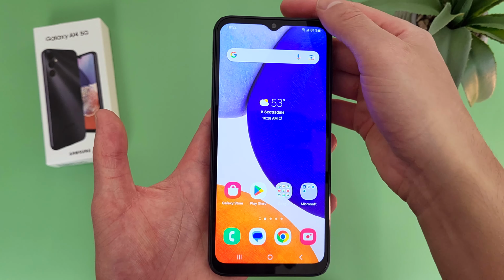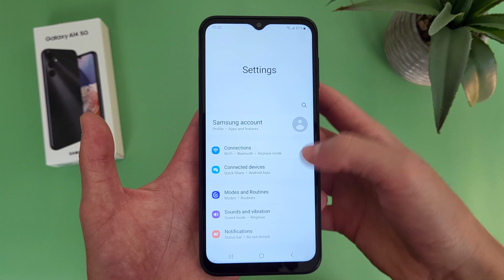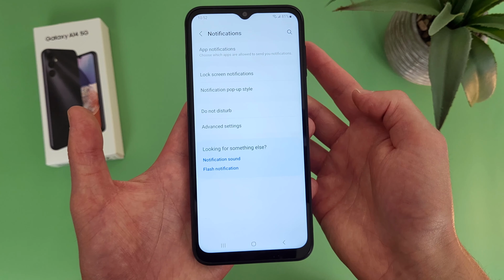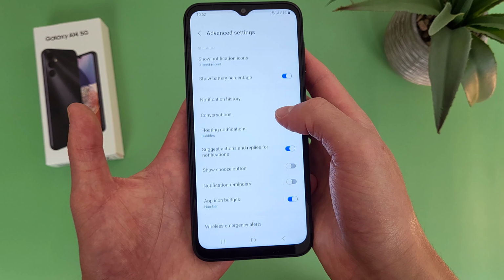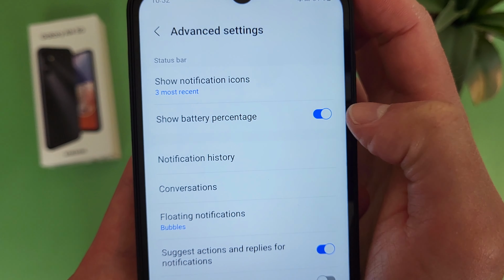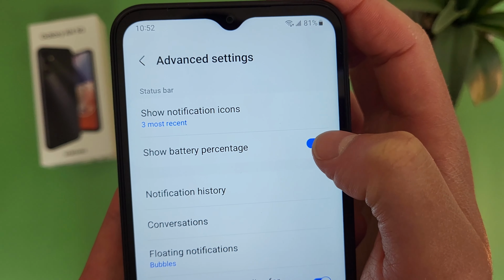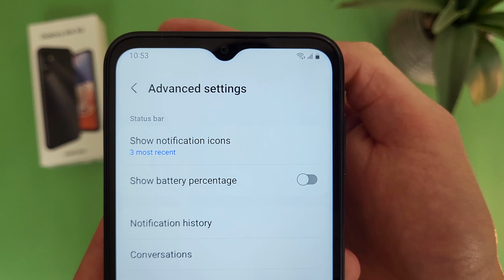So what you're going to want to do is go to settings. From here, go to notifications. Then from here, go to advanced settings. And as you can see up here under status bar, battery percentage again by default is going to be on, but if you toggle it off, as you can see, it's no longer there, and the status bar does look